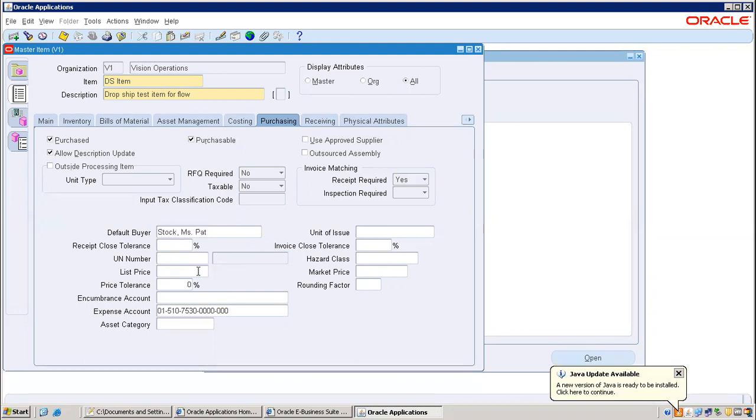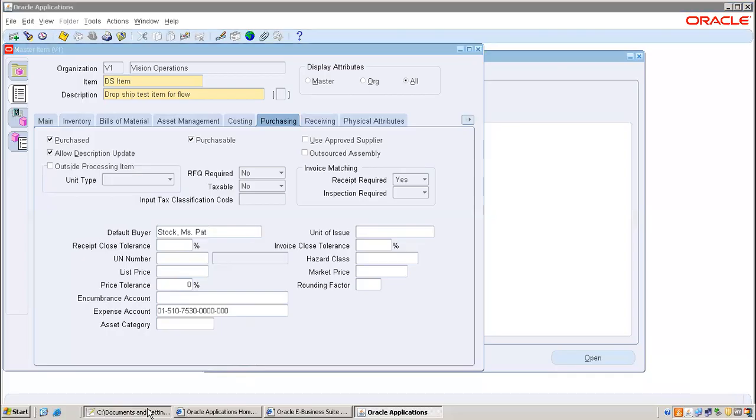And list price is mandatory. So let's say I'm not entering; I would like to raise an error so that you will come to know where exactly we will get the error. So these two are mandatory. Of course, as per this particular form, these are all optional because they are white fields, but usually these are all mandatory for this flow. If you don't want to enter default buyer, we have an additional option also there.